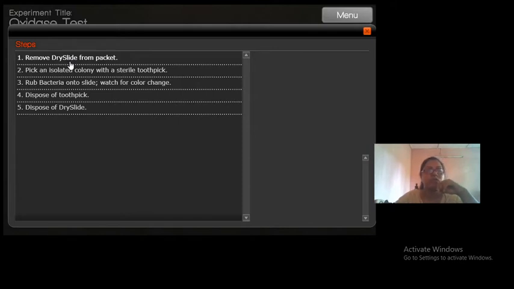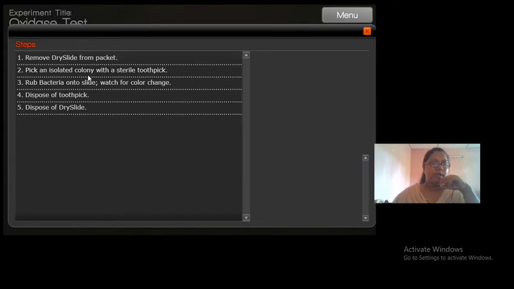Either you can use those ready-made slides, or you can make your own slides using filter paper and oxidase reagent in your own lab. Here we are going to use a dry slide, which is a slide that has the oxidase reagent on a filter paper.